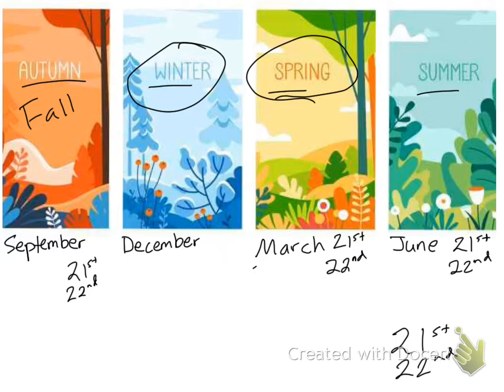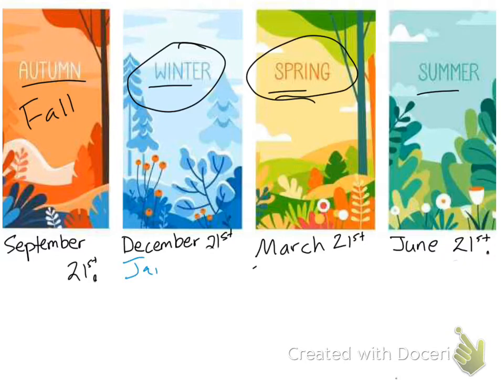Well, if the months go from December to March, that means that winter has to include December, January, February. Okay, and then the beginning of March, just the beginning of it, because then spring starts in March